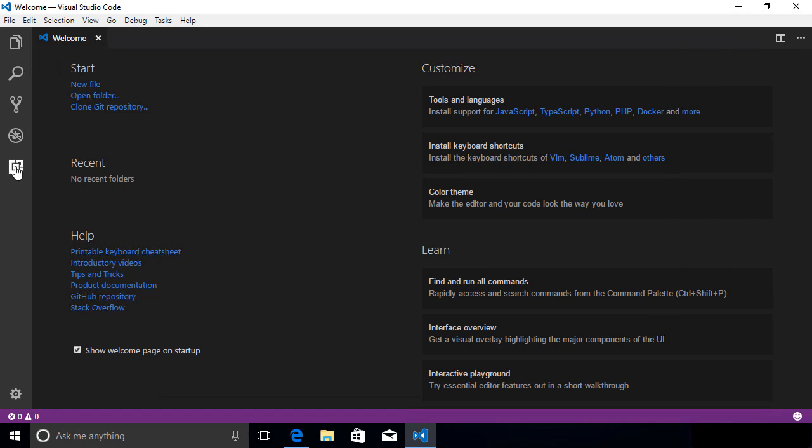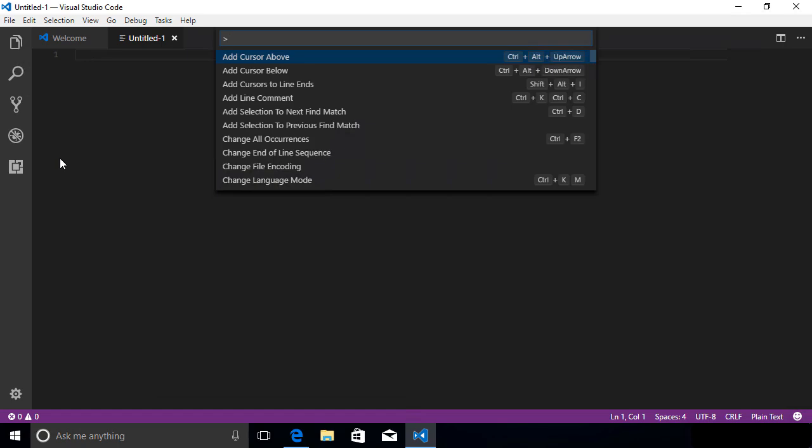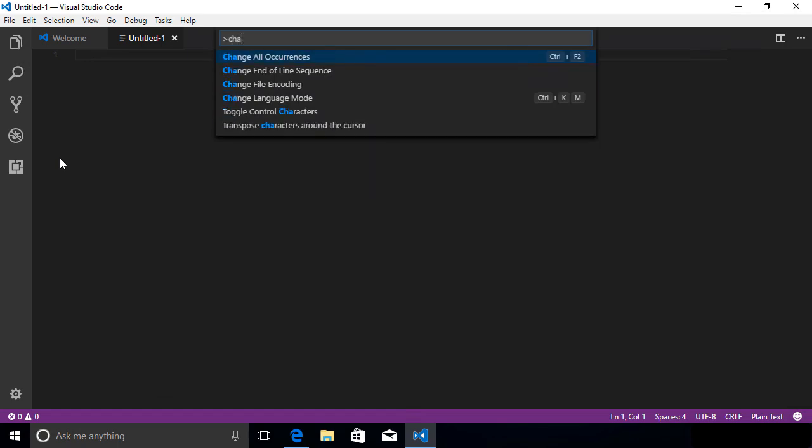The first thing I recommend as far as getting it set up for PowerShell, and before we do that, I'll just say new file. What I want you to see is down here in the bottom right corner, it defaults to plain text. So it doesn't know if you start typing something that this is going to be PowerShell. Now you could press F1, and Control-Shift-P is another hotkey for the command palette, and you could say change language mode,